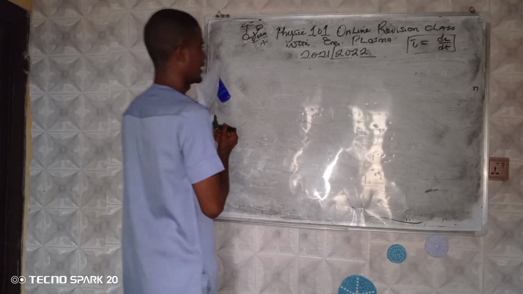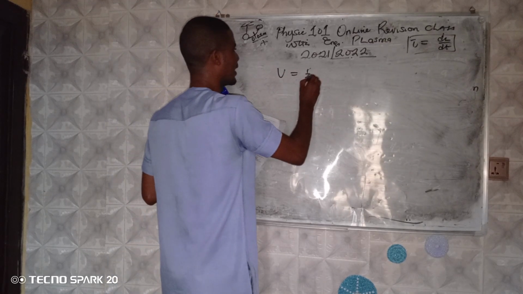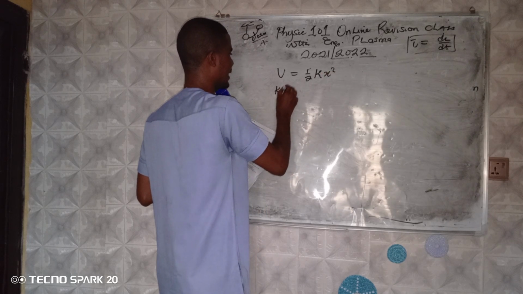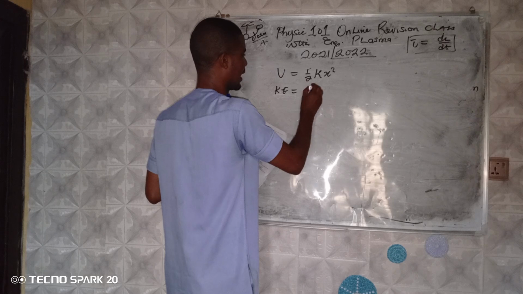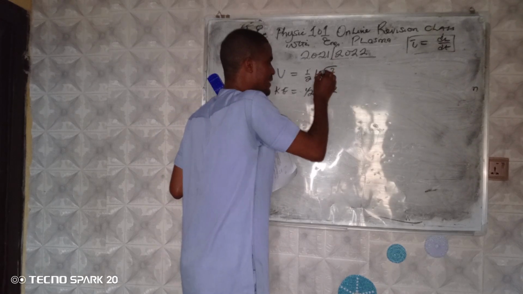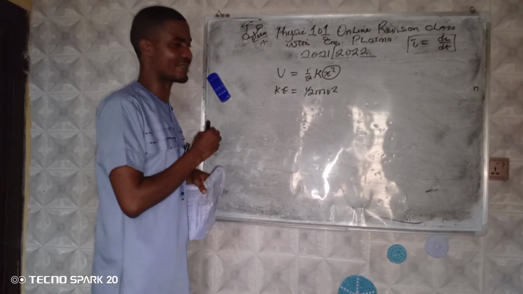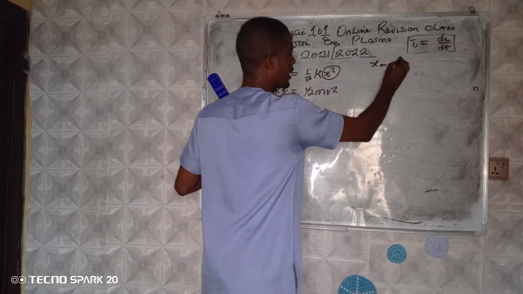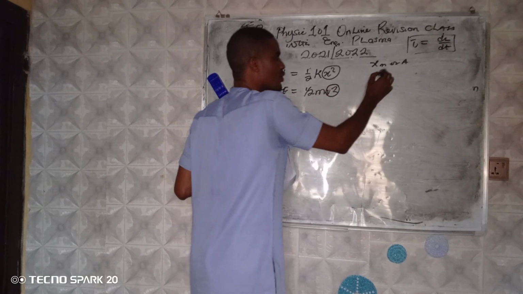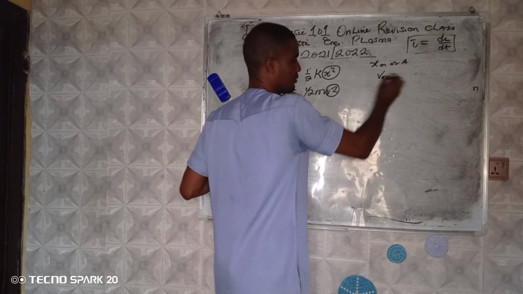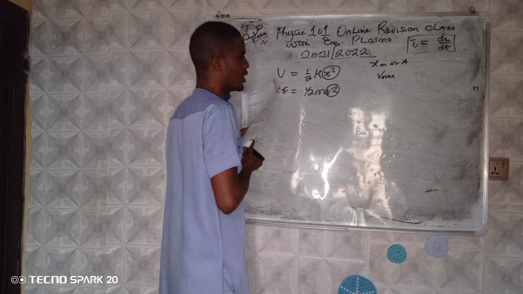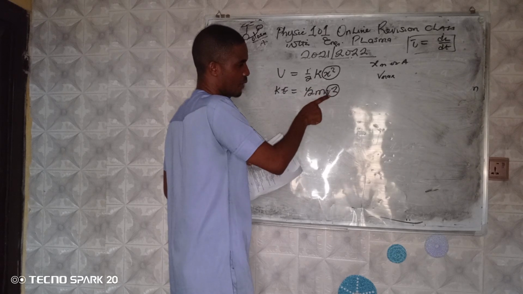Remember that U is half kx squared and KE is half mv squared. Now watch, the x that is used here is not the maximum x. It's not xm, or amplitude. Now the v that is used here is not v maximum. Are you getting that? So that means we are using displacement that is not amplitude, and we're using v that